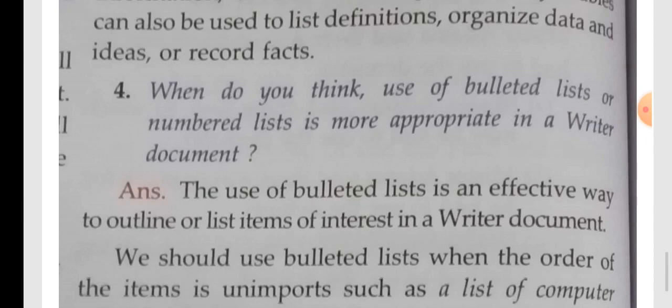And when we want to indicate a list of different items, and the items are basically in a huge number, then we make a numbered list, such as the names of the students. Okay, so there are two types of lists, bulleted list and numbered list. And different types of bullets are there, and different types of numbering are also there.